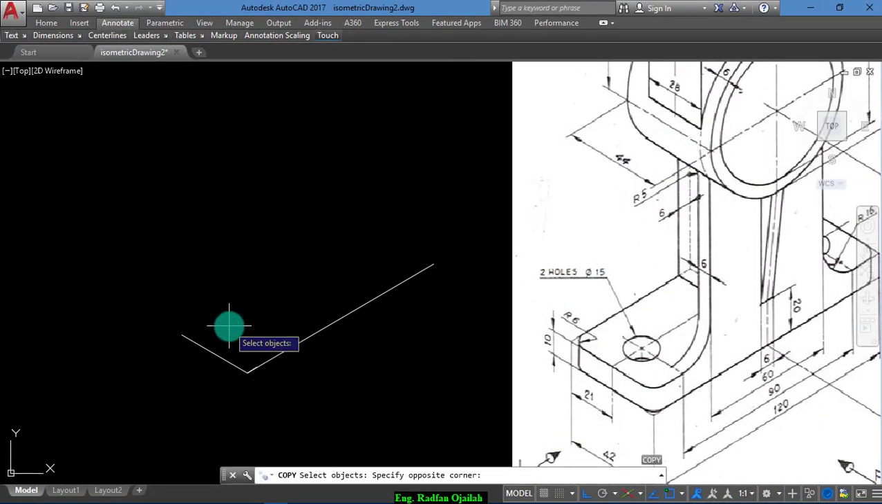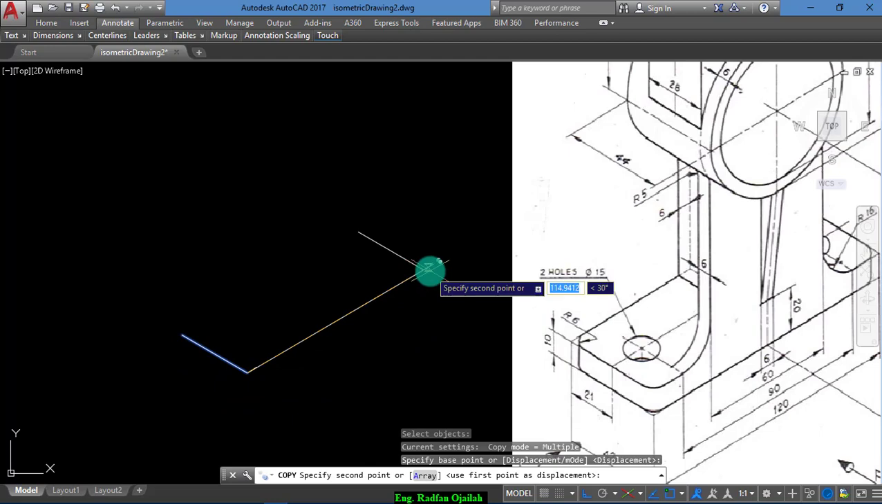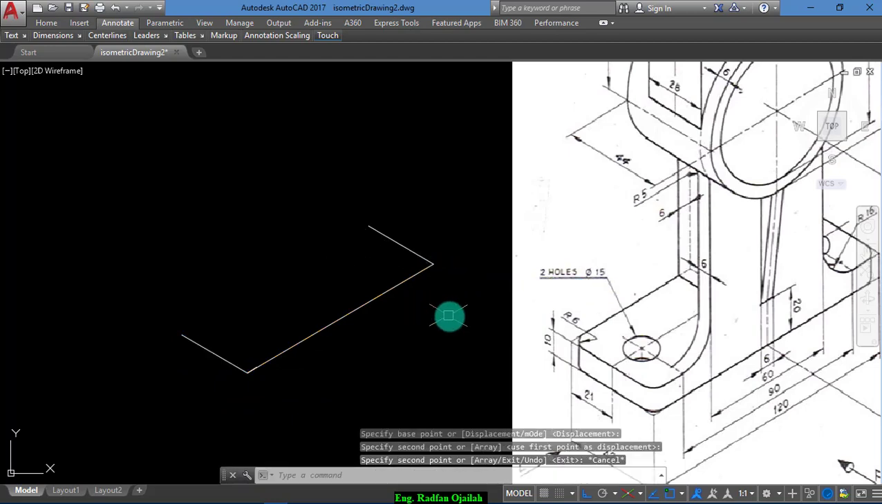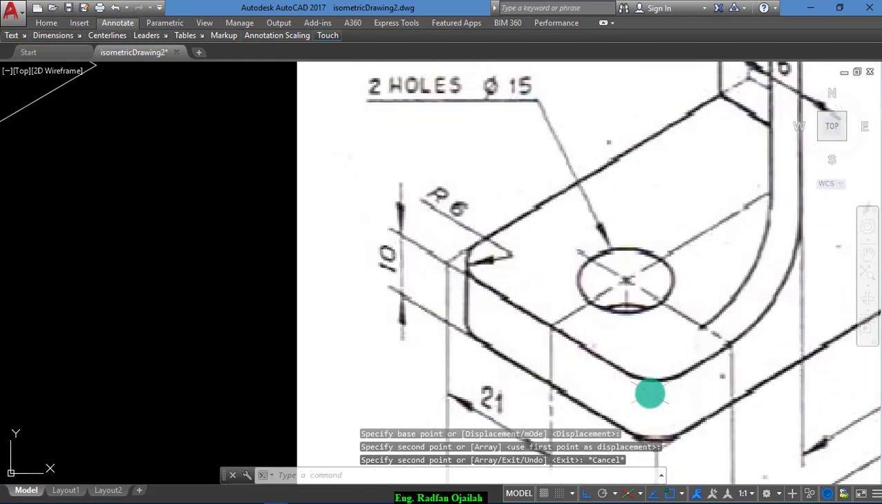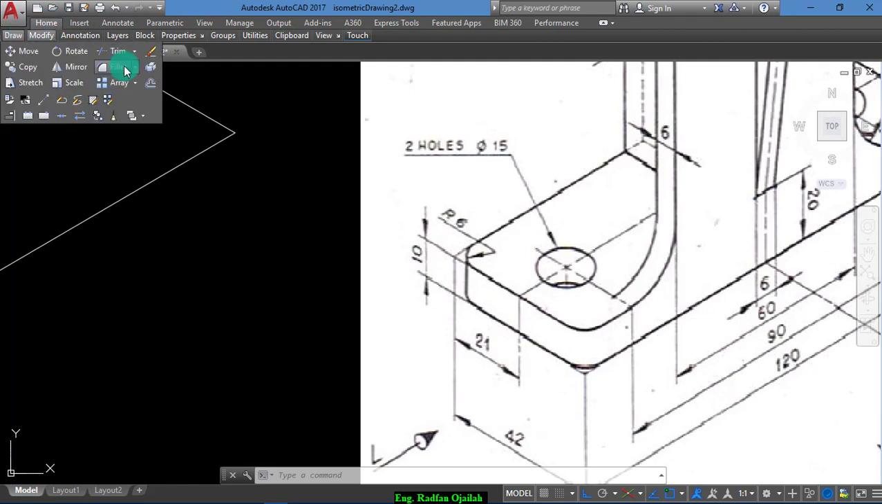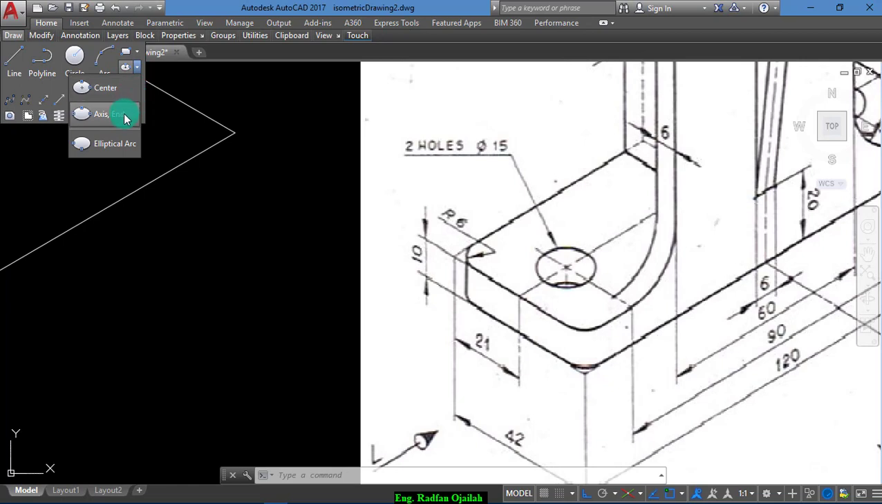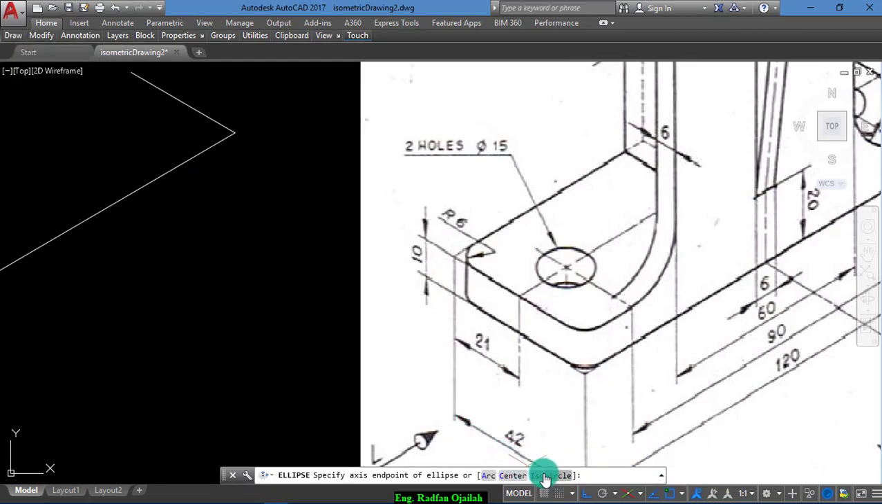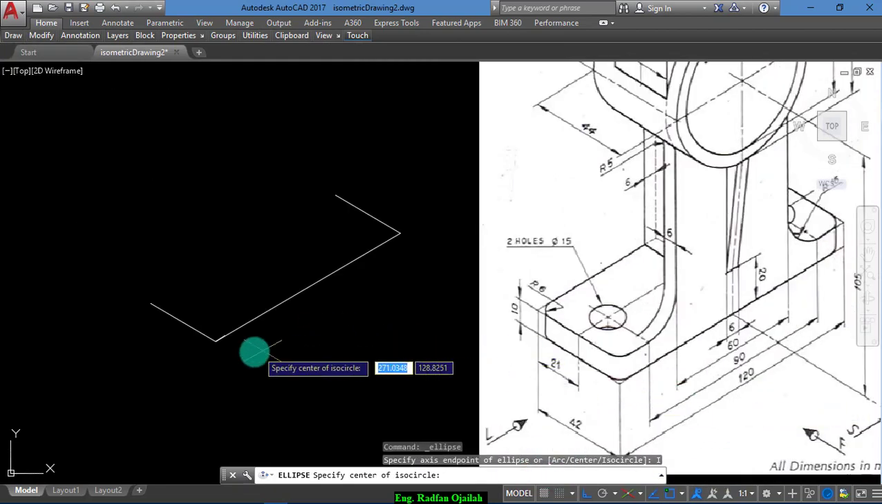Now copy this line from this endpoint to this endpoint. Okay, and we have this arc. It has a radius of 6. So we go to home, draw, and from here we have isocircle. We choose the axis end, and from here isocircle. Okay,